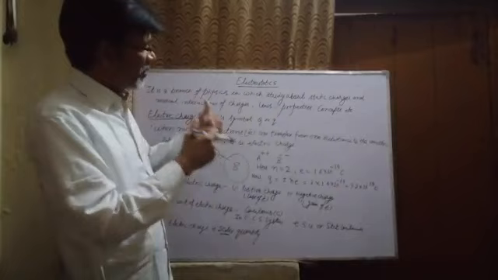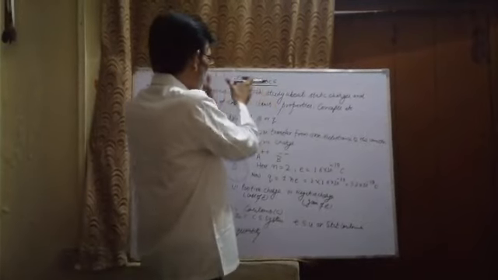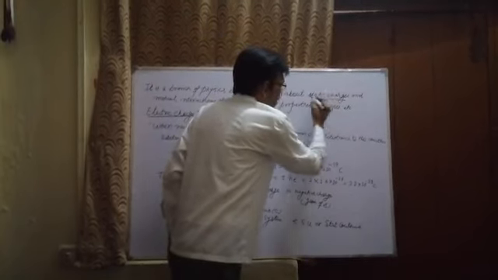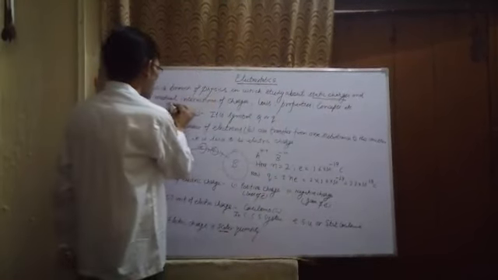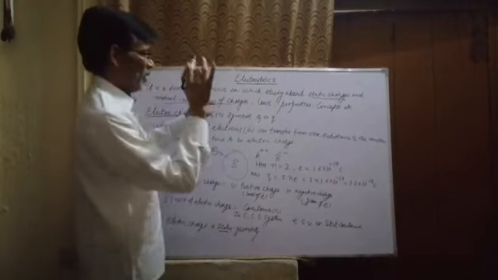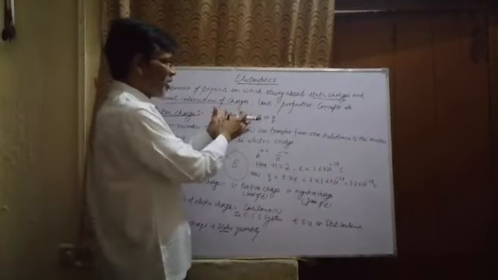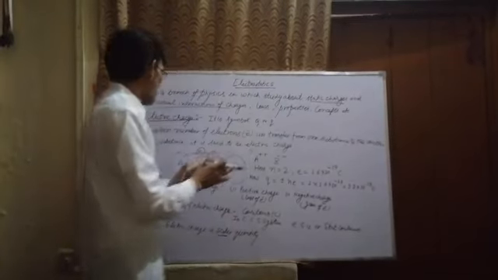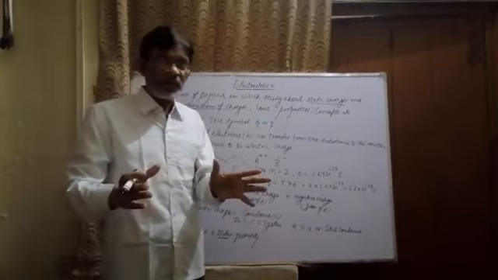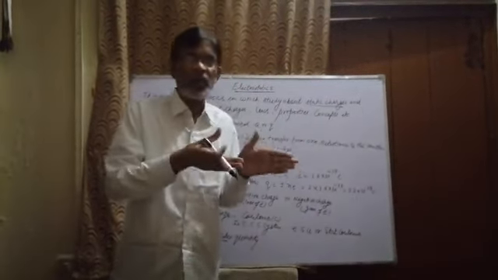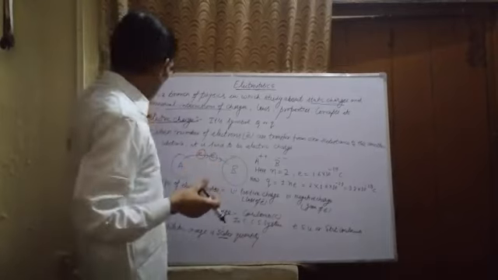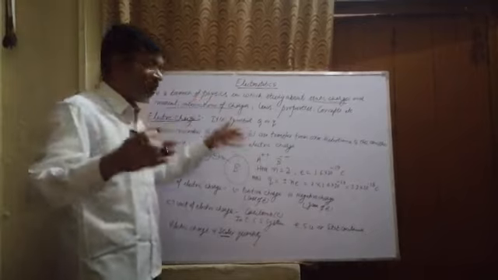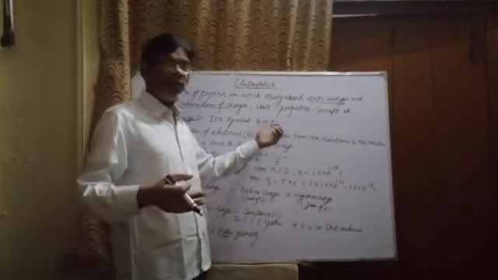Students, what is this branch of physics, electrostatics, about? It depends on the word electrostatics: the mutual interaction of charges, and the related laws, properties, and concepts with the charges. So, what is the important quantity? The important quantity that the electrostatics depends on is electric charge. So now what is electric charge? Its symbol is capital Q or small q.